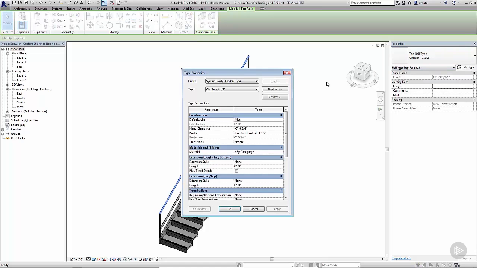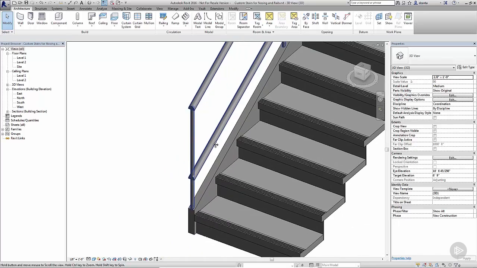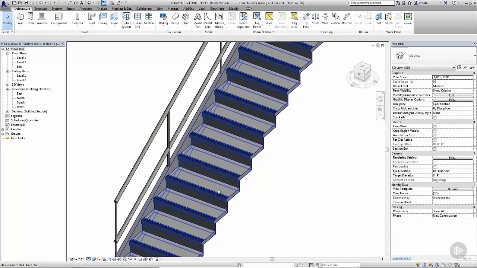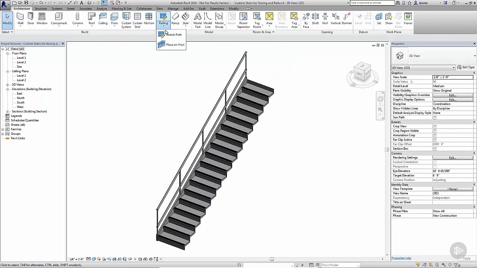If I click Edit Type for the properties, you'll see it has a profile that's being used in here. If we need to, we can change it to the one that we worked with earlier, and now you can see it's being used in that fashion. So this is how you create a custom profile for use within a railing for the purposes of a stair. Now lastly, even though this railing is hosted by this stair, the railing itself is its own system family. So you can just use the railing command